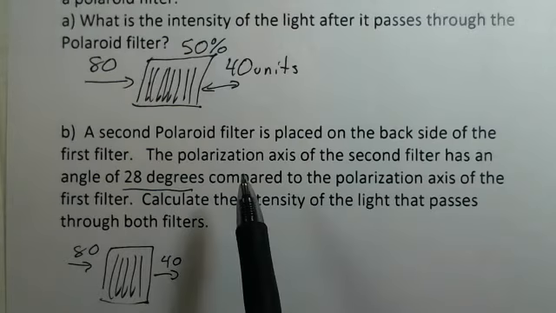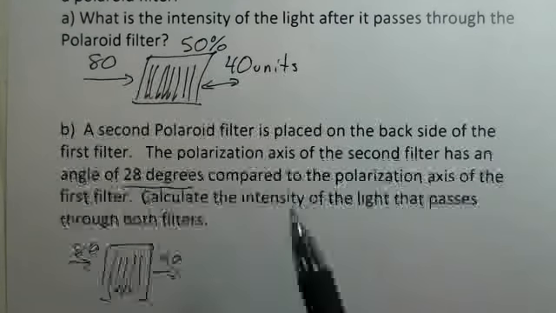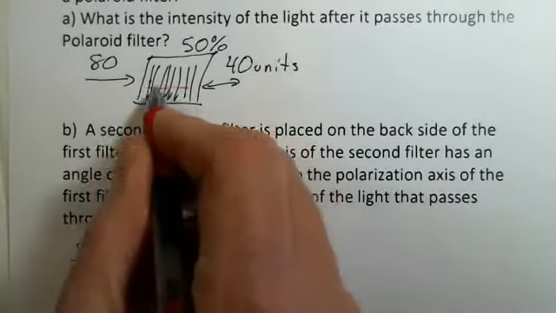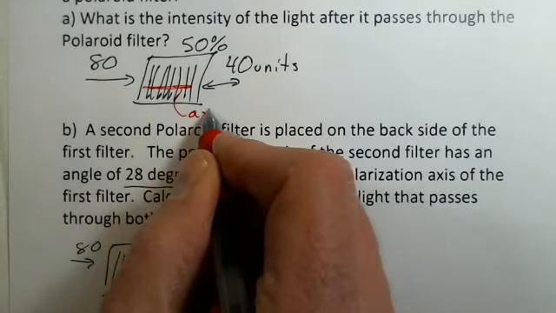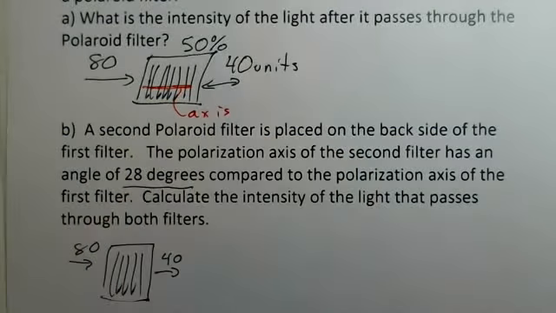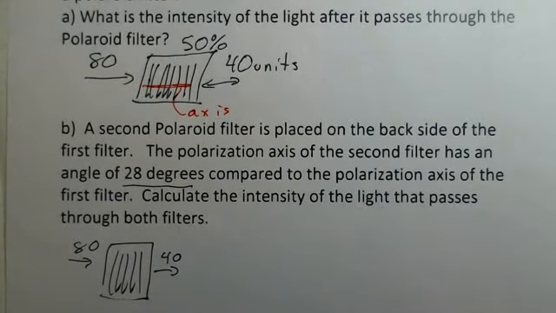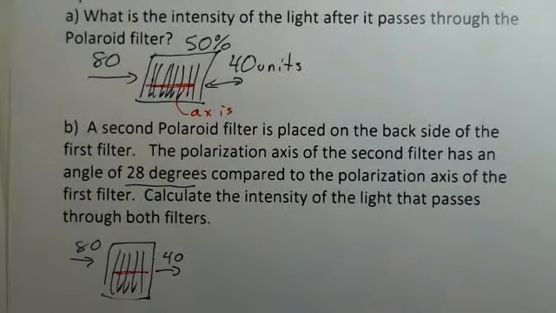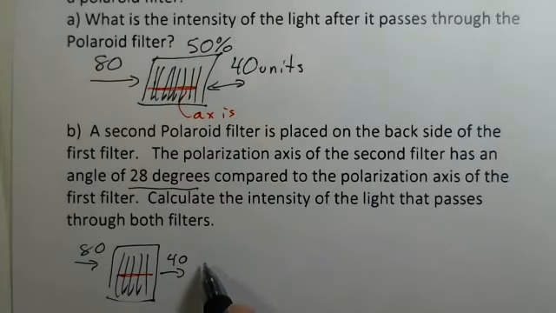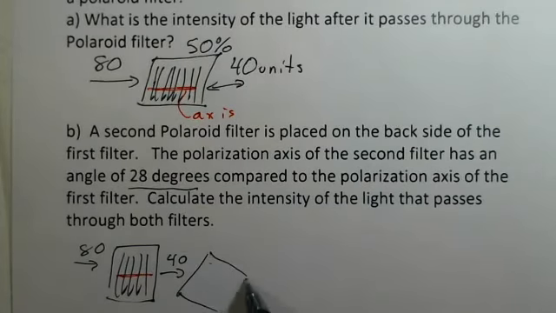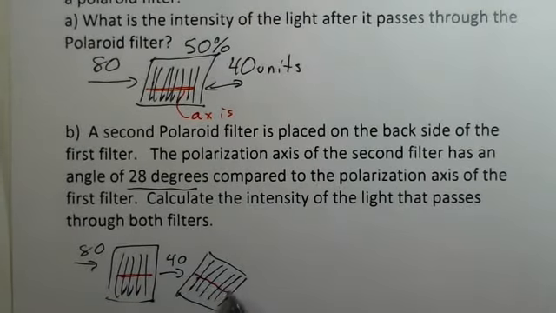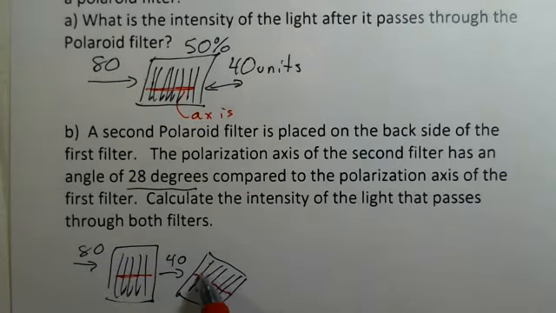And I should make a comment here about this statement, polarization axis. The polarization axis is actually perpendicular to the long molecules. So this would be the polarization axis. That's where the light gets through. The oscillation of the electric field is along that polarization axis. So here's our polarization axis for this first Polaroid. I'm going to attempt to draw in this next Polaroid. Here are the long molecules, and here is the polarization direction, trying to go 28 degrees